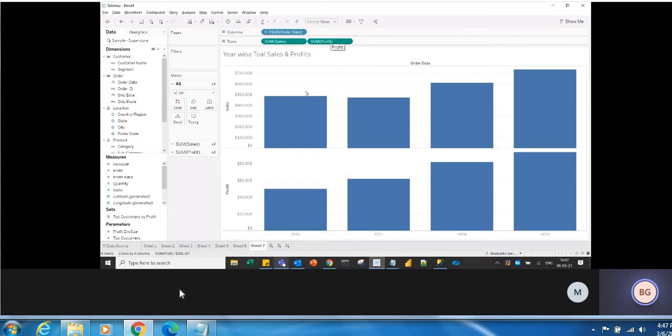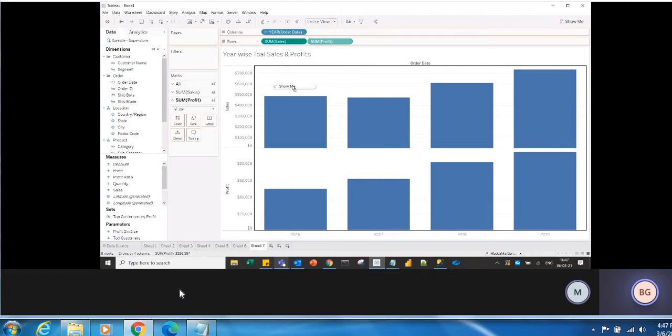Now if you see how many axes I have, I have one axis for sales and one axis for profit. And in the mark cards, there is one mark card for sales and another for profit. Let me remove profit from the visualization.